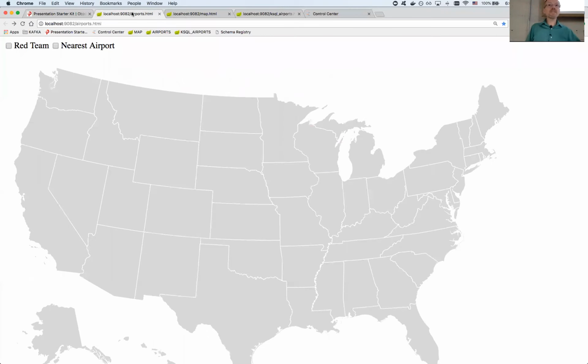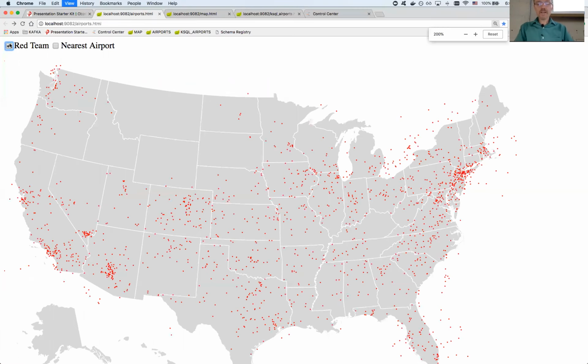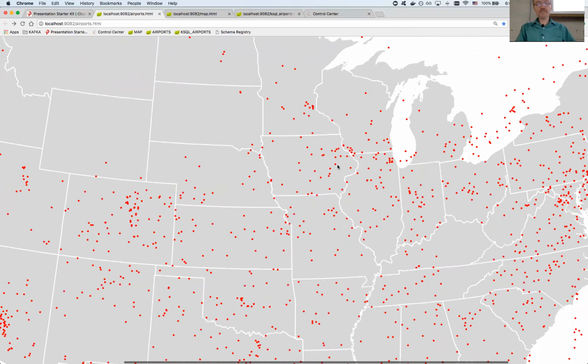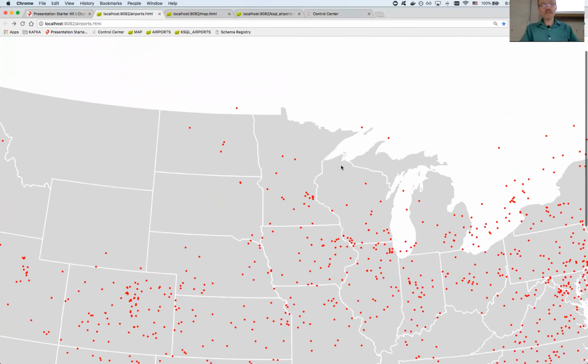So I read in this stream of data, and I'll show that in a bit, of all the aircraft within the United States. I decide to break that up into two teams, the red team and the blue team. There's no rhyme or reason behind how that was done. Once I get that data into KSQL, or from the connector into the Kafka topic, I'm consuming that by a microservice consumer and displaying that here, leveraging D3. And that was a lot of fun trying to figure out how to do. It's pretty awesome. If you haven't used D3, I highly recommend it.